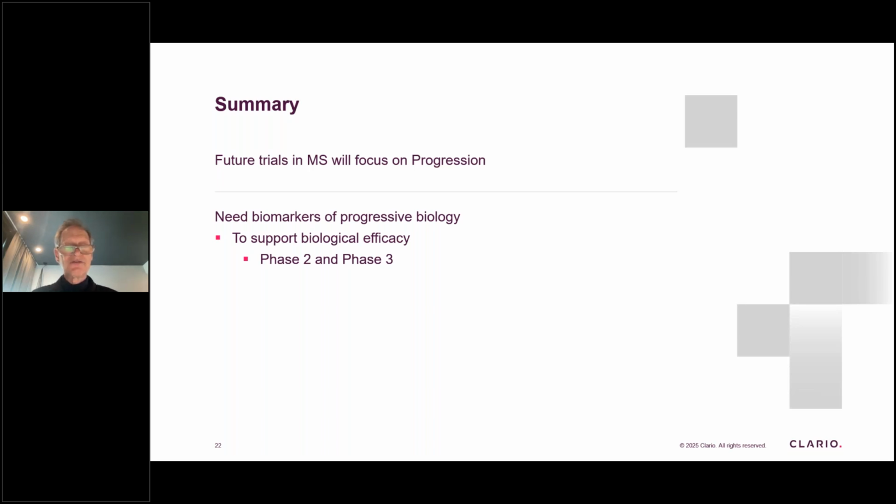So what I've tried to explain to you is the reason why most of the trials that are coming in MS will focus on progressive disease. There are some trials looking at generics, for example, for relapsing remitting disease, but the action in MS drug development is focused on progression, where new targets and new molecules are required. And in order to efficiently determine whether those drugs are doing what they're supposed to do, we need biomarkers of progressive biology that will support the biologic efficacy of those new treatments in clinical trials, phase 2 and phase 3